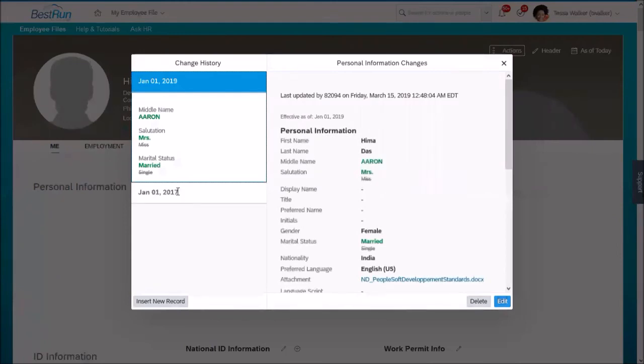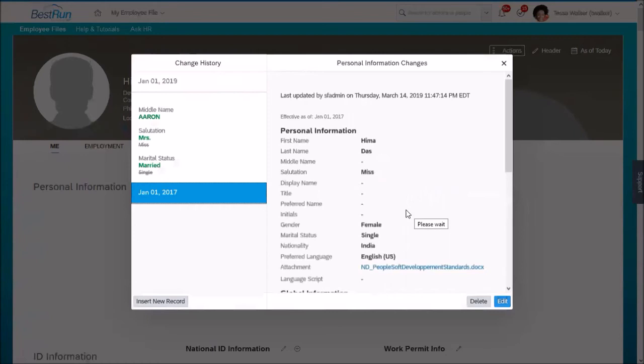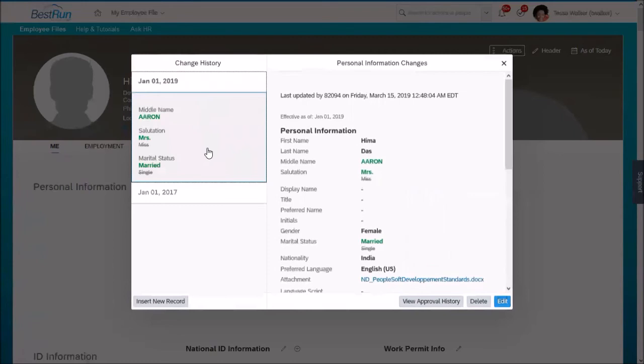Yeah, so in January 2017, she was a Miss when she joined, and now in January 2019, at the start of the year, she has been a married person with Aaron as her husband. So we have got two records now. If you want to see how the data looks now in the backend, let's have a look at the